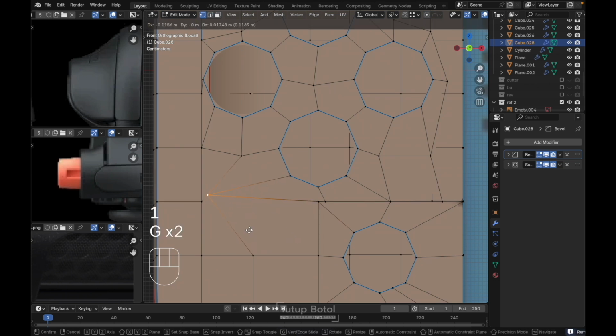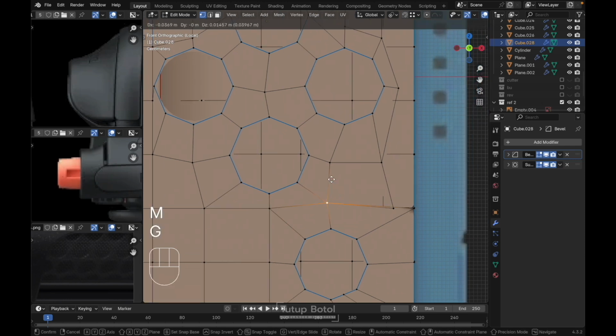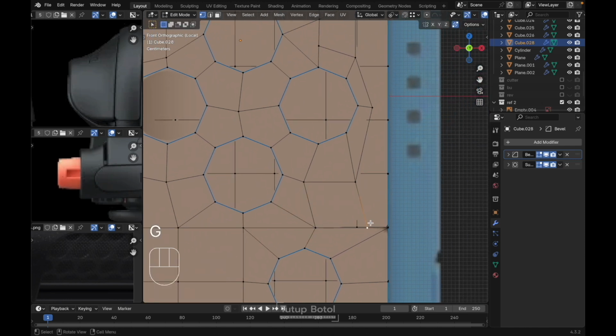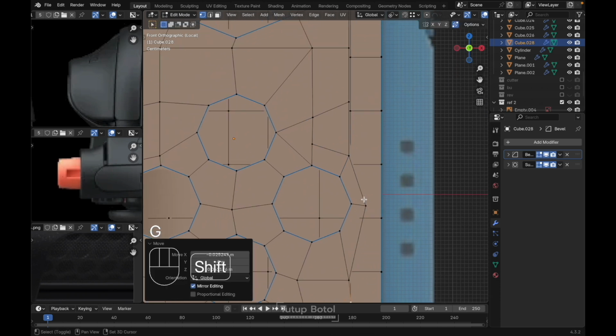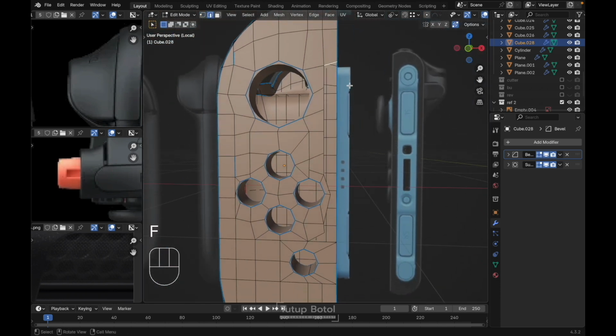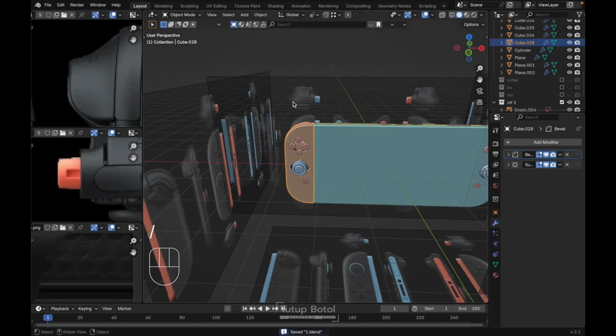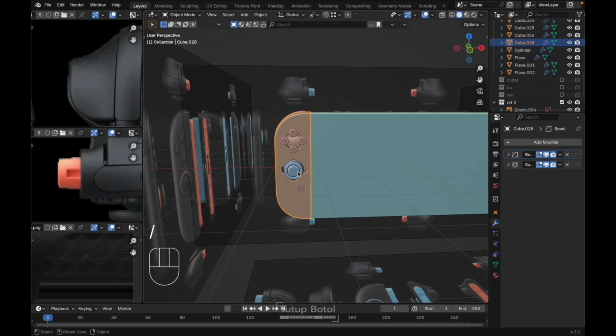Yep, merge here, this one is already merged, and just leave it like this for now. Select this edge, press F to fill, just fill like this. Okay, everything looks fine. Back here,